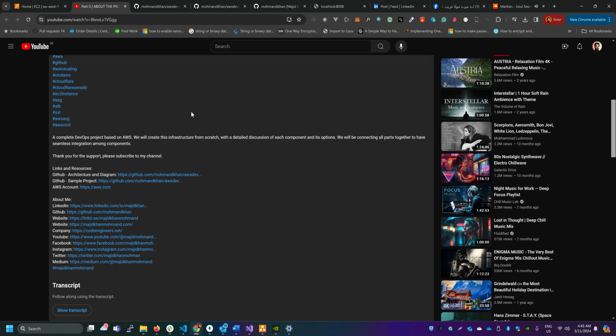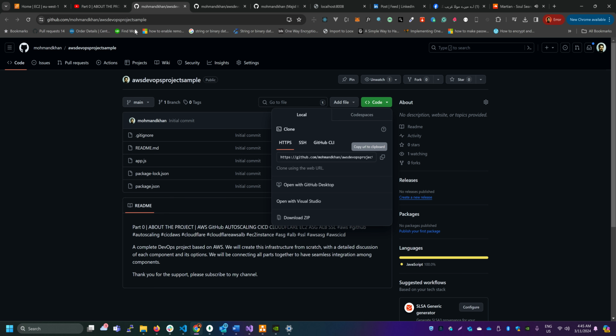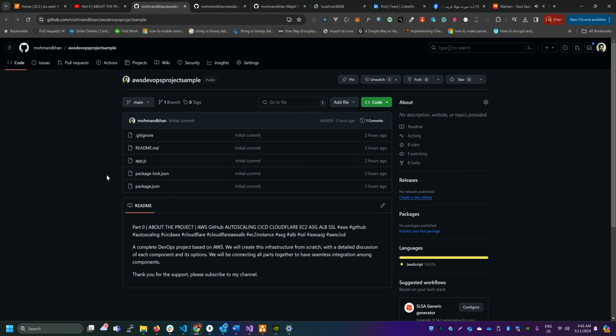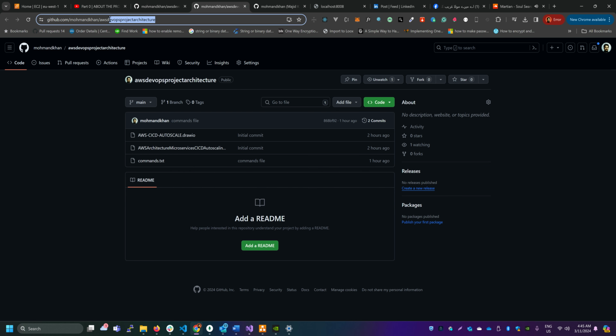The first one is the DevOps project sample, which is the sample Node.js project that we will be deploying on the EC2 that we will create. And the second one is the architecture and the commands file, some resources that I will be using along with